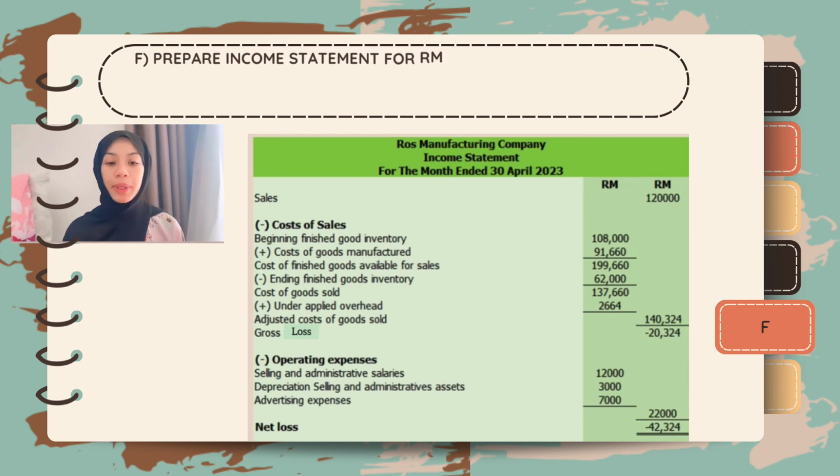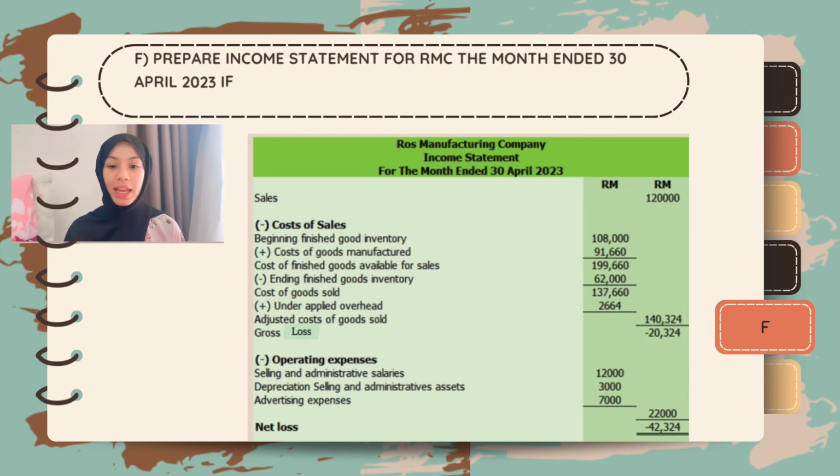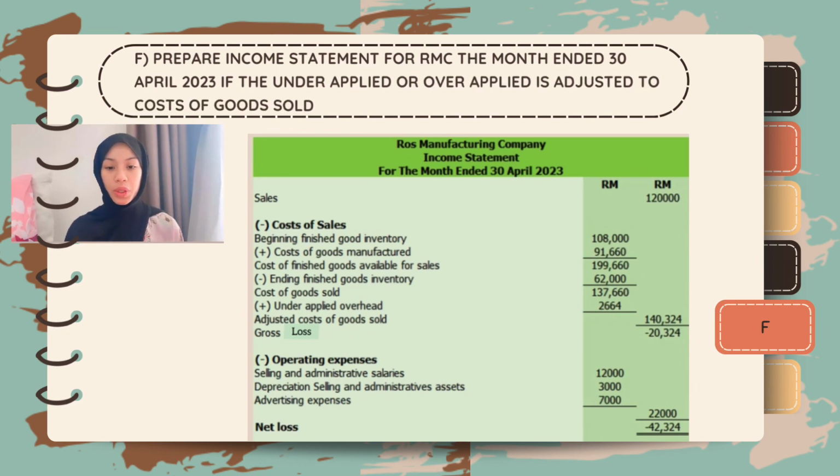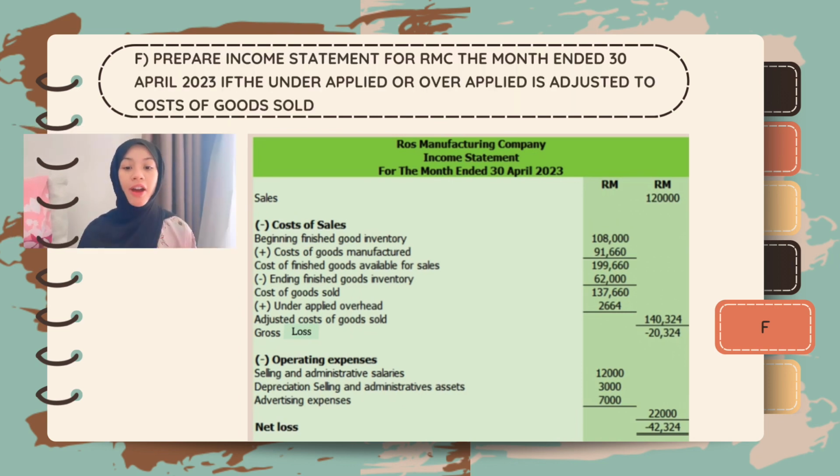And the last question is prepare the income statement for RMC for the month ended 30 April if the under applied or over applied is adjusted to cost of goods sold. As usual, in the making of an income statement, sales need to minus cost of sales and operating expenses to get the net loss or net profit. For Rose Manufacturing Company, the sales is 120,000, then minus the cost of sales that consists of beginning finished goods 108,000 plus cost of goods manufactured 91,660. From this equation, we can get the cost of finished goods available for sale with the amount